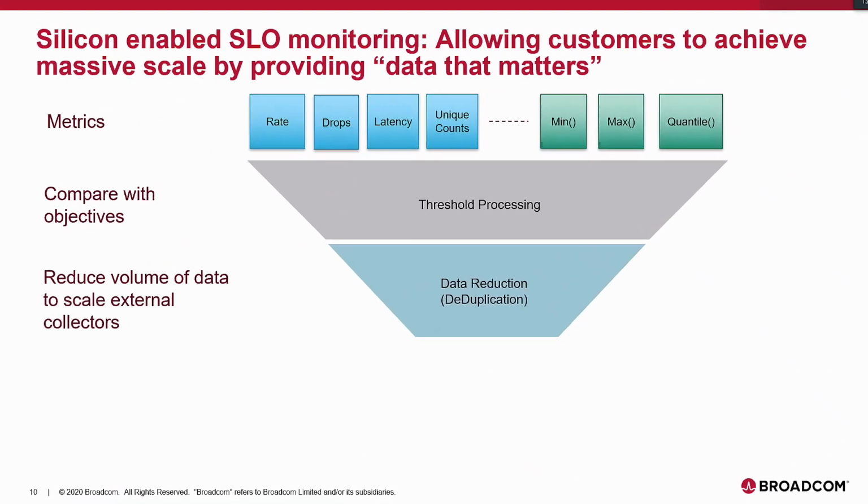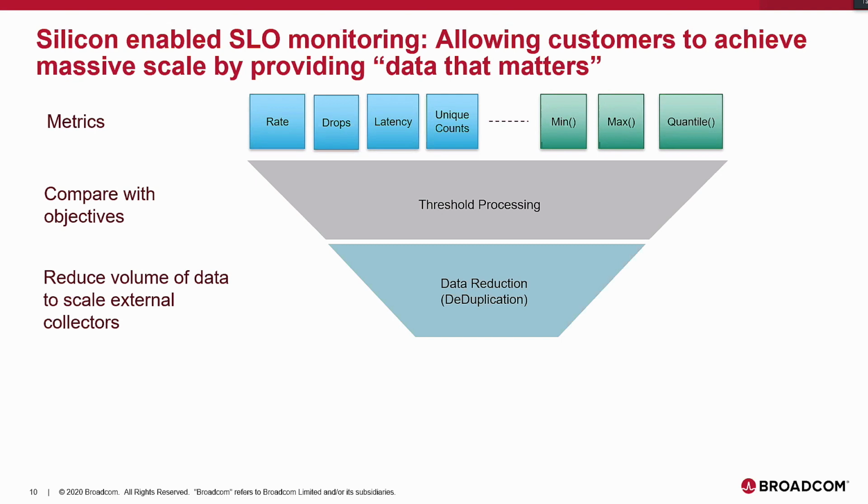And the next, okay, threshold processing does reduce significantly. See, it's not that every packet is going to cross the threshold. It's probably maybe 1 in 1,000, 1 in 10,000, 1 in 100,000 packets crossing threshold. That does a lot of filtering. But is that enough? No, not really, because even after you do threshold processing, you still have a very large